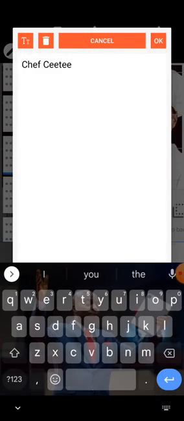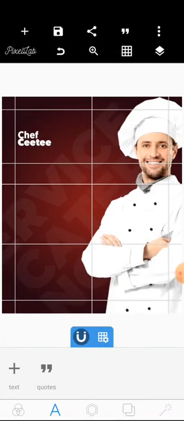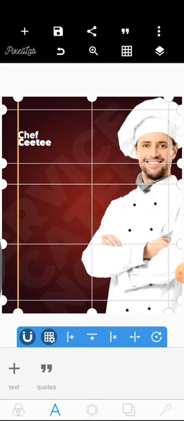So we're adding this Chef City. I've already typed it. So you type it, and that's Chef City. Now, to make all my text align so that it won't scatter,